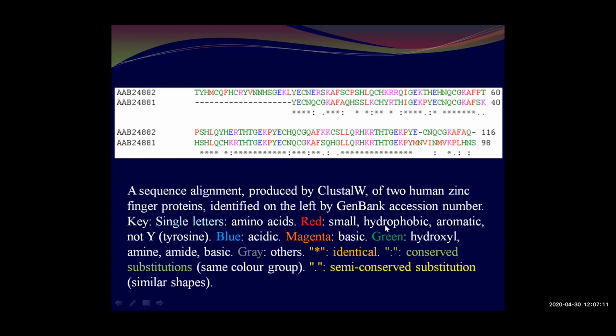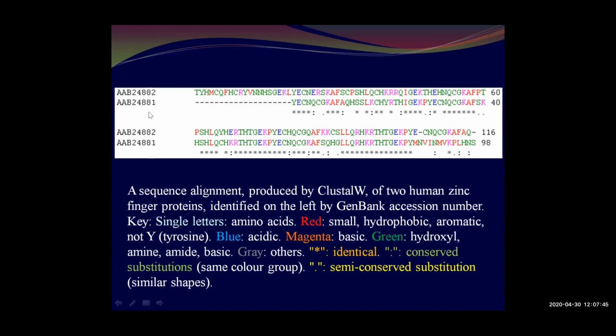Similarly, if a hydrophobic amino acid is replaced by another hydrophobic amino acid, although mutation is there, there may not be any impact on the phenotype. But if it is replaced by a hydrophilic amino acid, then it will be much more significant. So while doing scoring for amino acid change in case of protein sequences, more complexities are there. And therefore, we have to follow some standard scoring matrices in that case, by which they will give us this kind of alignment picture after the alignment is done.